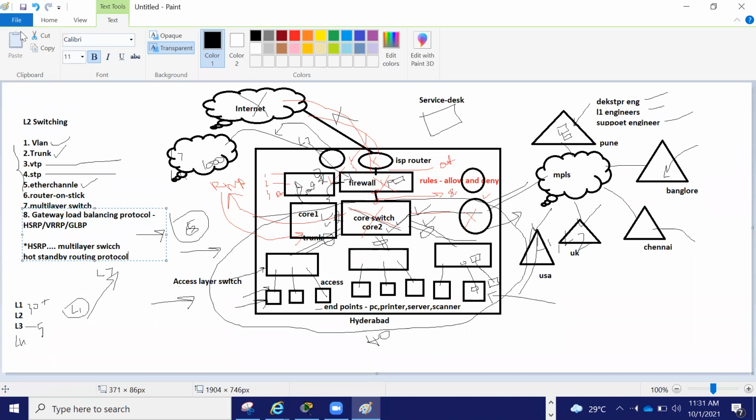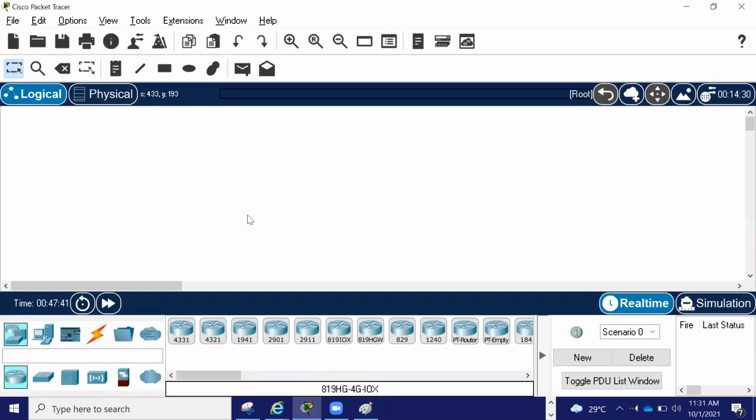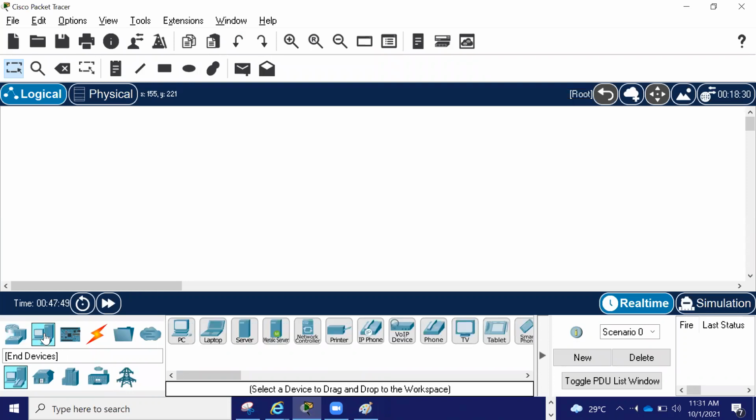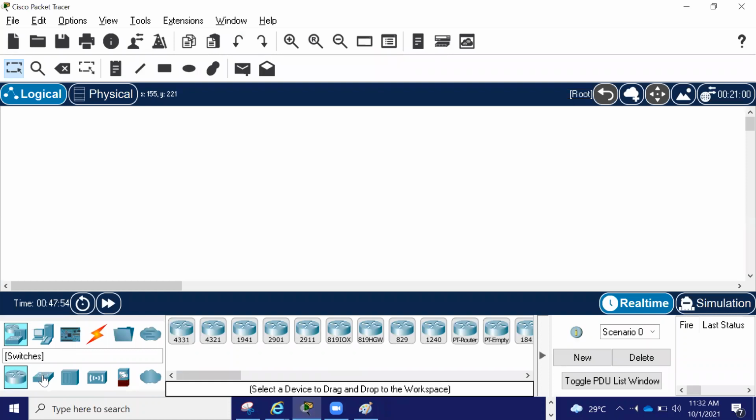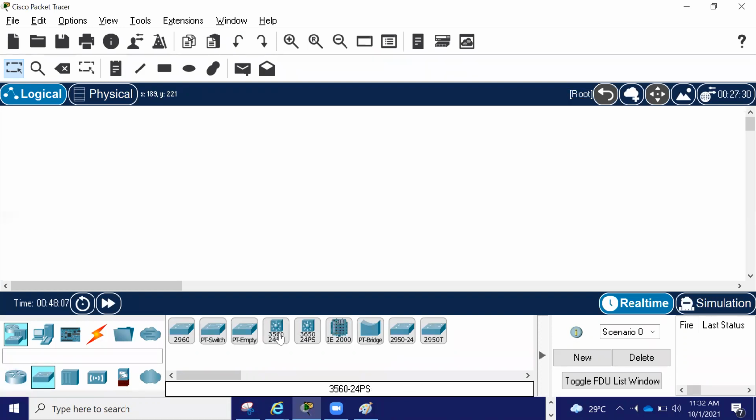Okay, let me take you here. Let's say I will take two multilayer switches, one switch here, one switch here.